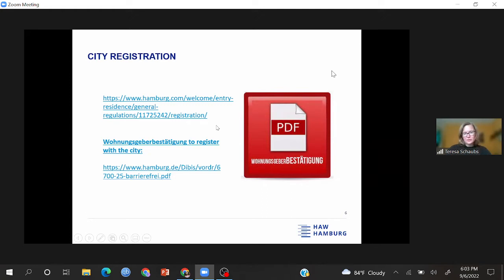Once you have found a place with the Wohnungsgeberbescheinigung or Bestätigung, that document you can find under the PDF link. You can go to register with the city and find out about all the procedure on that website. You can book an online appointment. It's really simple. You give in your details and choose a place where you want to register. Sometimes it's not the closest place to your address, which is not a problem.